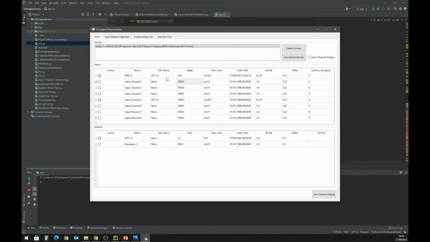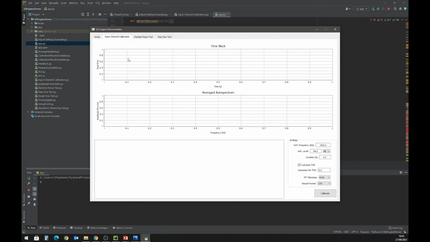And then I will go to input channel calibration. Again, but I promise that's the last time. Here you can set up the settings directly in the user interface. For example, I would like to work with 1 Pascal RMS instead of 94 dB. Duration, do I want to calculate THD? The block size, the results file format. And if I press calibrate,